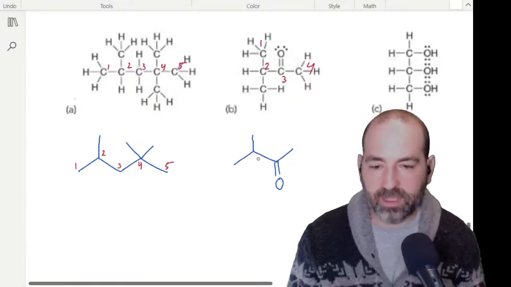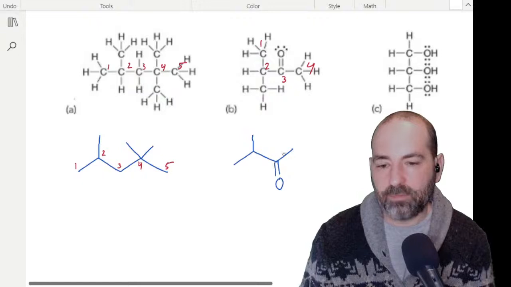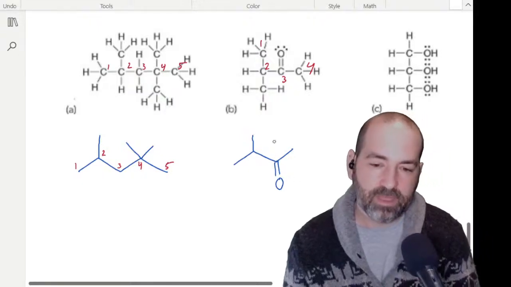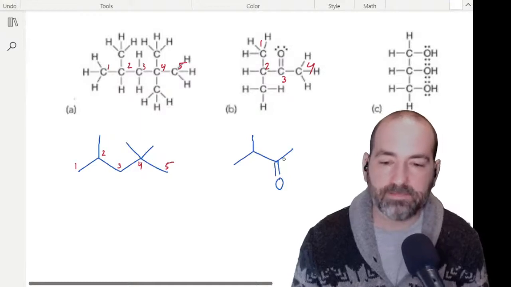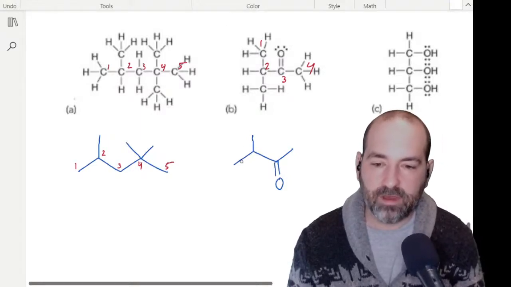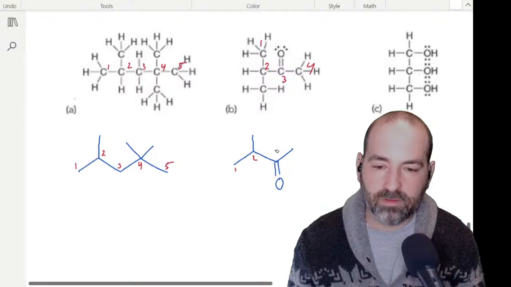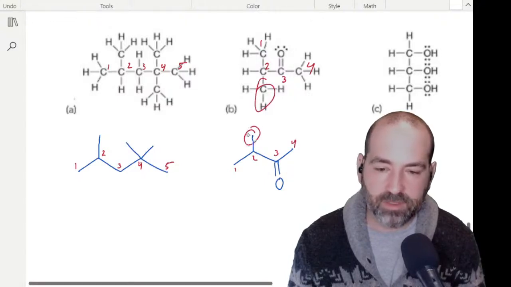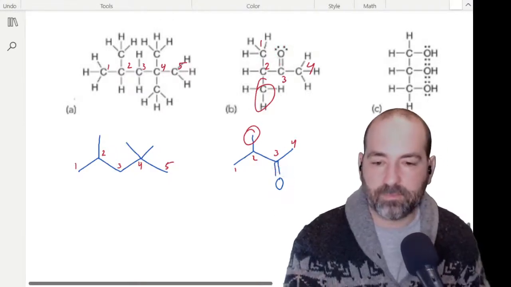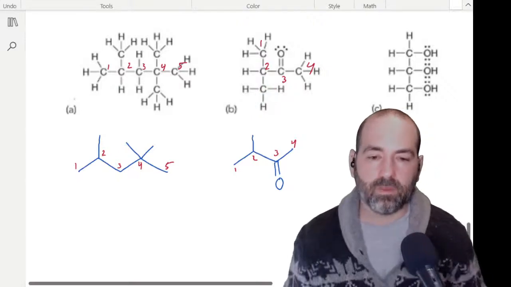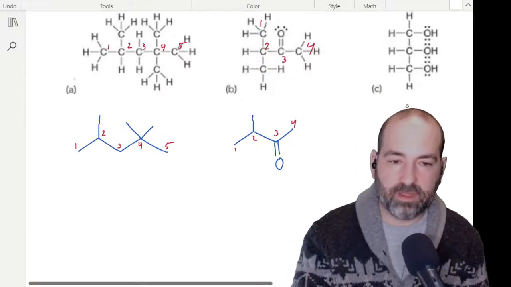So this will be our structure. Again, I drew the carbon up and the oxygen down because I wanted to spread things out more and not have it cramped in between those other 2 lines. All right, so just to check everything here, 1, 2, 3, 4. So we've got this thing coming off of number 2. Yep. And then we've got the oxygen double bond coming off of number 3. So it looks good. Okay, for the last one,